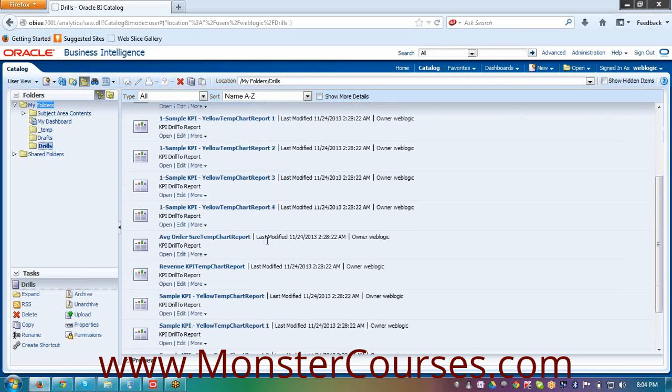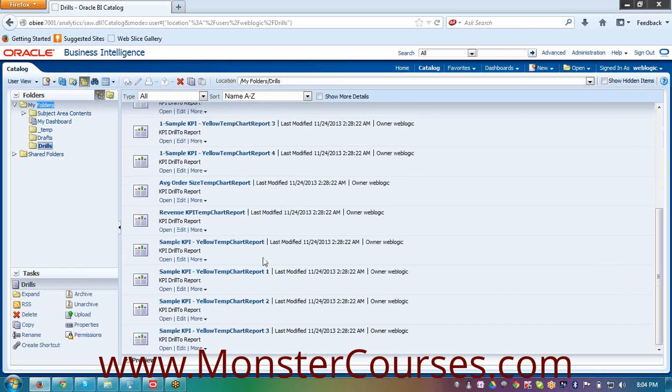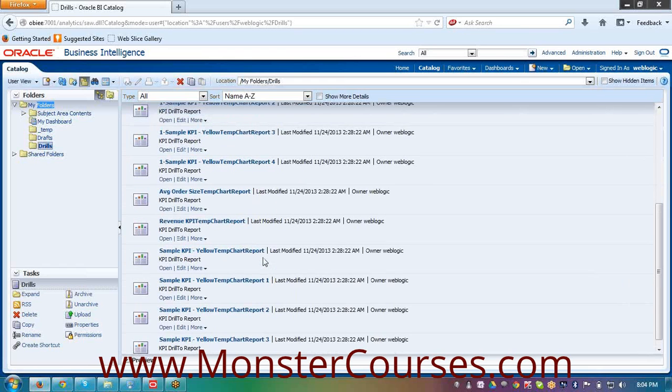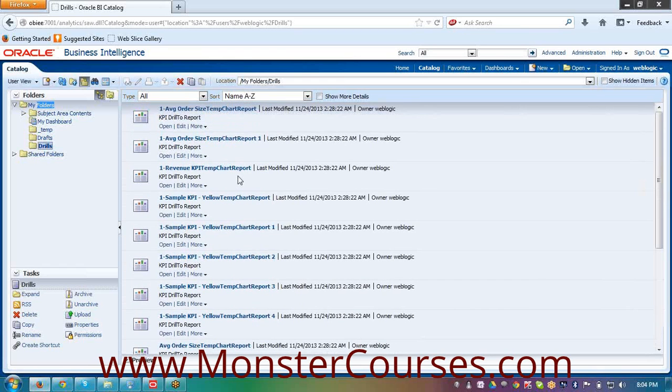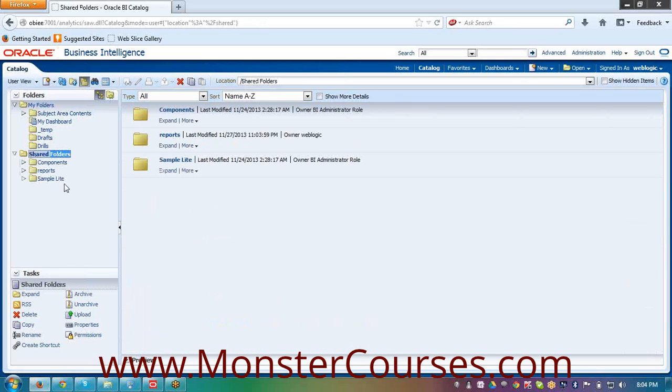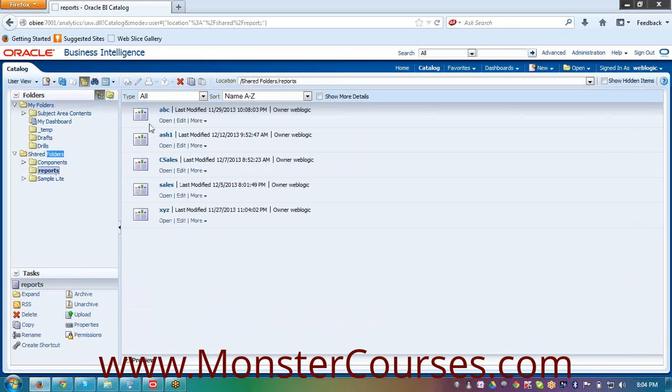These reports are related to your sample application. Next, shared folders. In this shared folder, I have created one folder called reports, and these are the reports which we have already created.